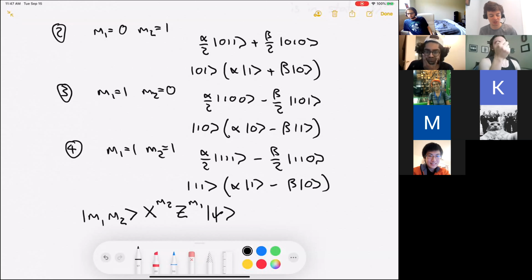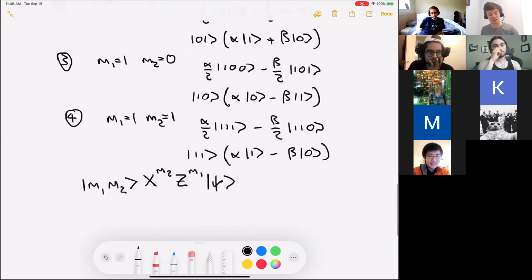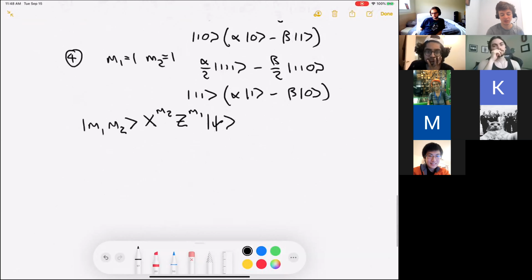Finally, there's the case where they're both equal to 1. And in that case, we have 1, 1, and then X Z psi. Okay. What is X Z psi? Well, we first add a minus sign in front of the beta 1 term, but then we apply an X, and so the 1 and 0 get flipped, and so we get alpha 1 minus beta 0. Okay. So magically,